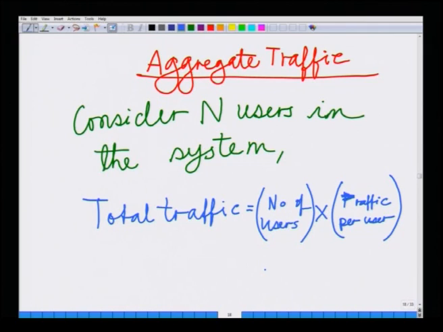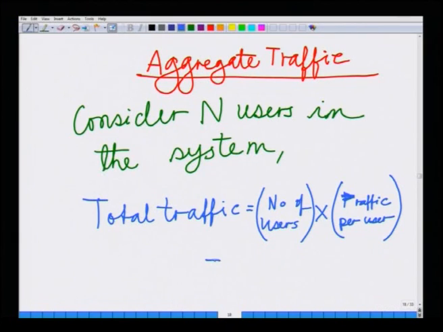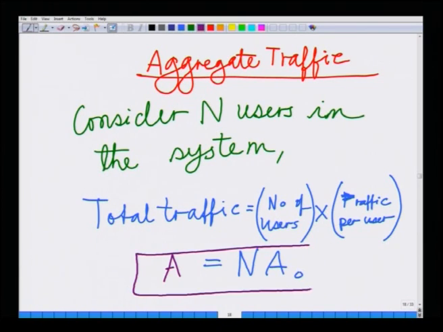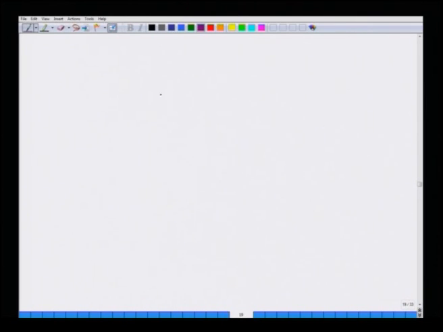We are saying the traffic per user is A naught. If the number of users is n, then the total traffic is the product of the number of users and the traffic per user, which is n times A naught. This is denoted by A. A equals n times A naught, where A is the total traffic,